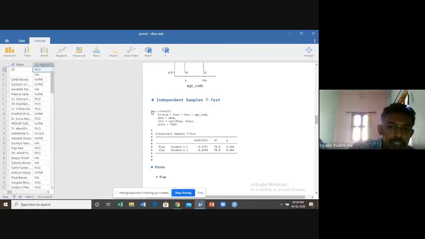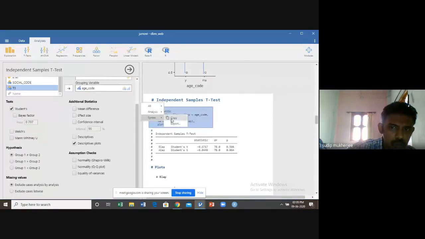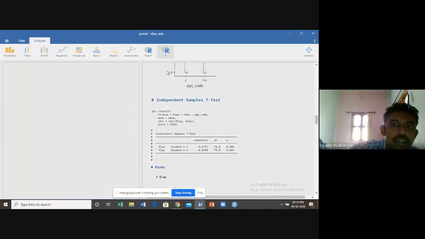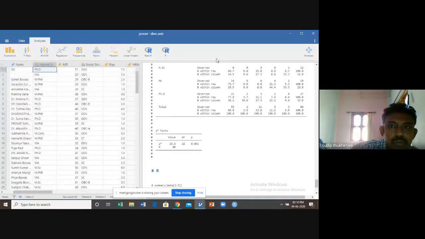So for independent samples, this is the program. If we copy this and paste it in R, automatically R gives you the output. Just like this is the R console.